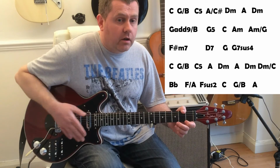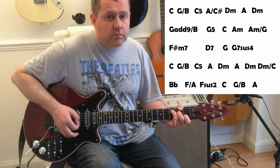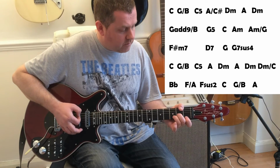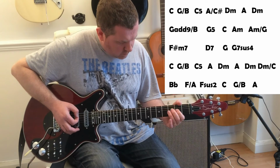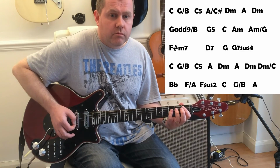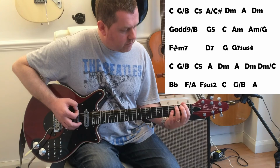We now come to the second half of the verse. Again, starting on C, to G slash B, to a C, an A slash C sharp, to D minor, to A, to D minor, come to this phrase. So we're on the D string, we're going 3rd, 2nd, open to the 3rd fret of the bottom E, moving into a B flat, to an F slash A, then have this phrase,